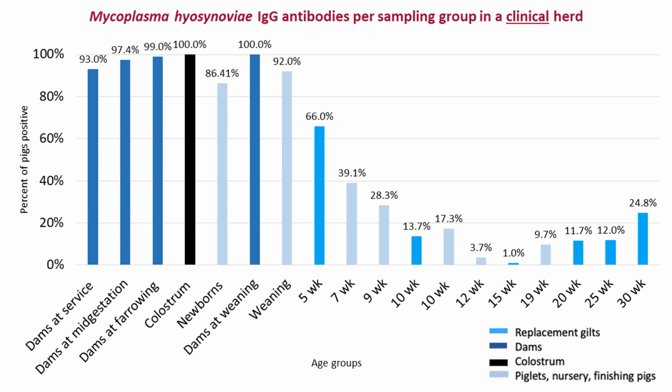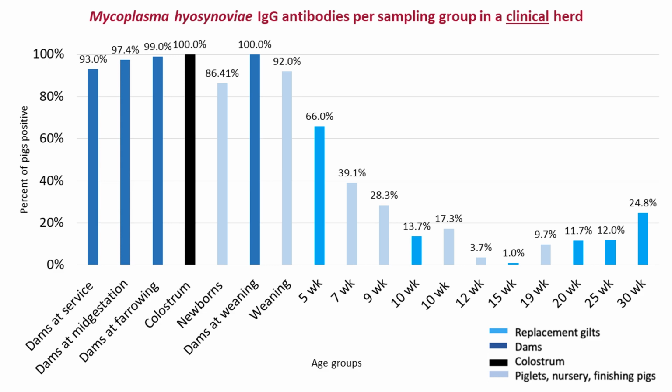So if we see here, we can see that the sows have a very high percent positive per sampling group, which again, we saw with Maria's information she presented, that those sows in that previous literature also had very high percent positives. In our newborn piglets, we see an 86% positive. This is a small limitation we experienced. We're not completely sure all of those newborn piglets had suckled colostrum to receive those antibodies. So we accounted for that in moving into our non-clinical herd, but we kind of would have hypothesized that to be a higher percent. But moving into the weaning pigs, again at 92% positive,